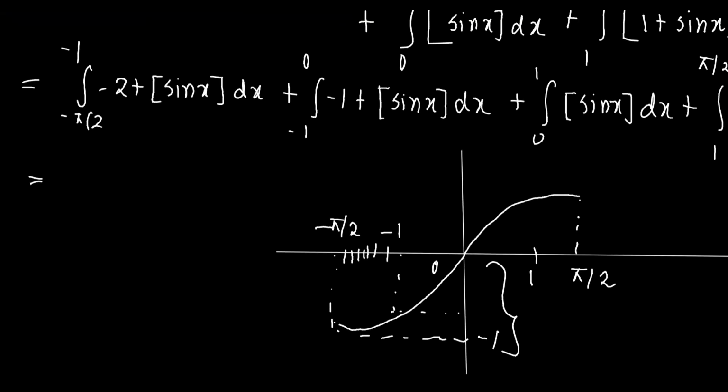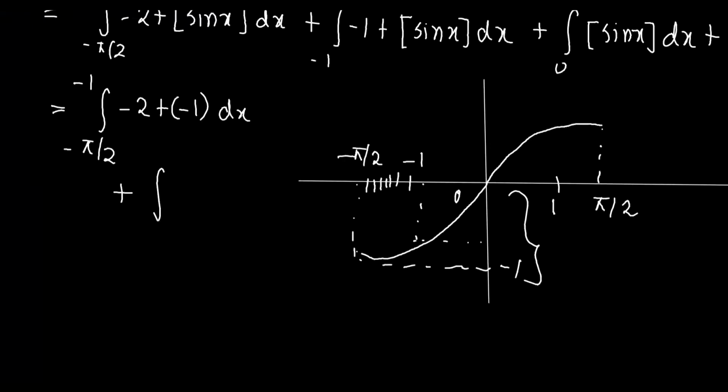So box of sin x will be what? Here box of sin x will be -1. As sin x is lying between 0 to -1, so box of sin x will be -1. So here we will write that it is the integral from minus pi by 2 to -1 of -1 dx